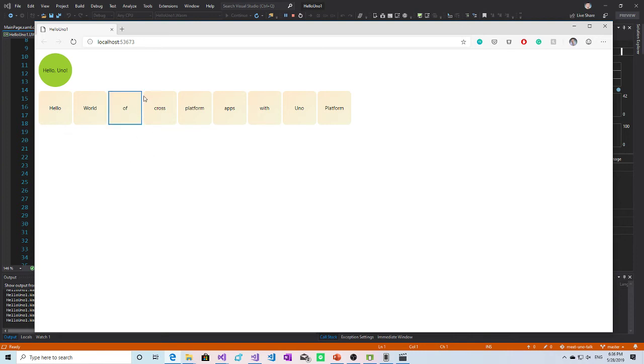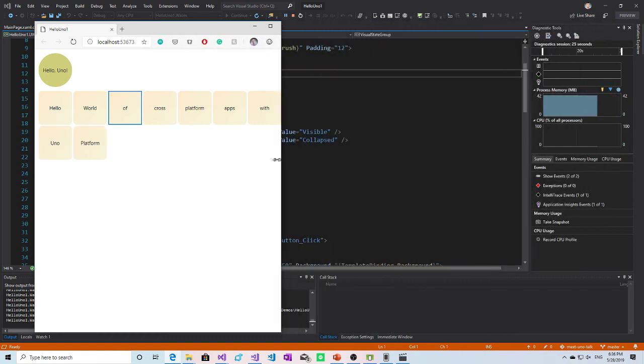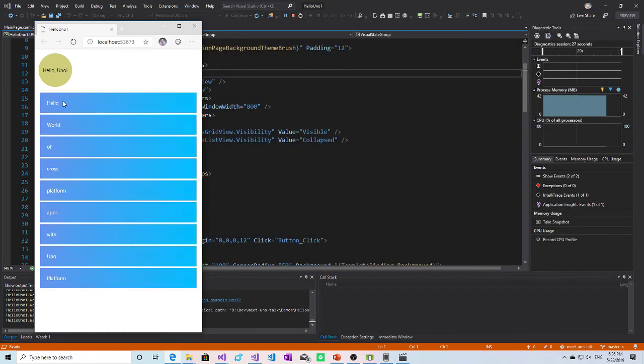Selection works, rounded corners are here as well, and clicking the button changes the color. And now I will just change the size of the window, and once it refreshes we have the list. Now again showing the slight gradient brush in the background, and everything works just the same as in UWP.